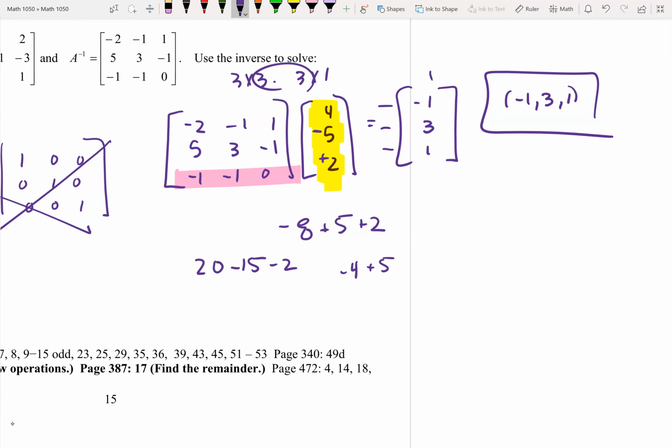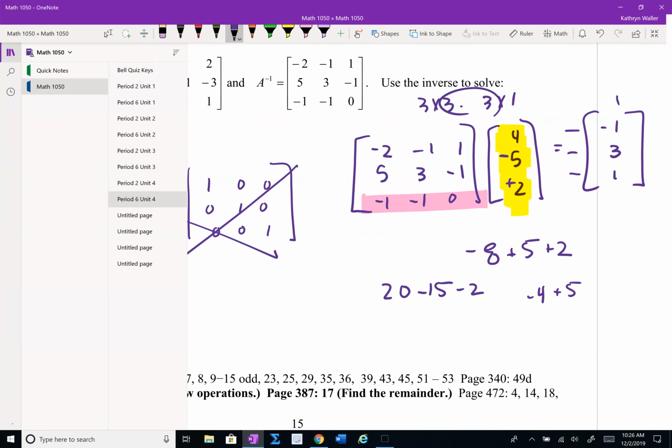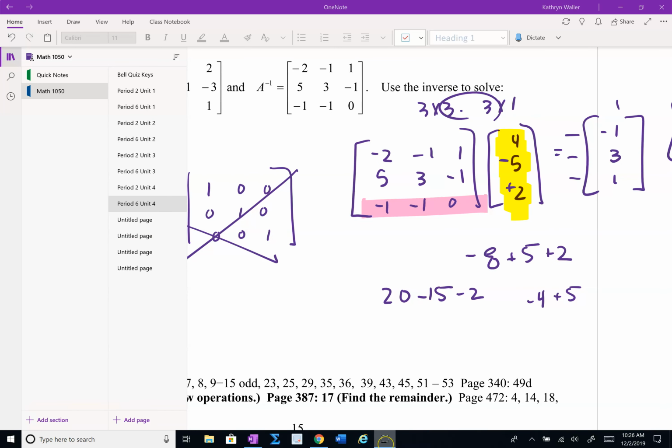No more matrices. You're done. We have to do the homework first. You do. You do. Do I think matrices will be on